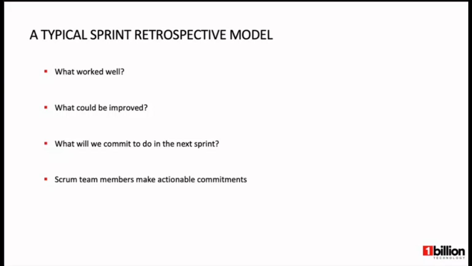Now, think about this: when you're working on a sprint, in that 2 weeks of time, you understood something, you have learned something, and you did something well. So this is what you do in the sprint retrospective. Normally, you talk about what worked well, you talk about what could be improved in the next sprint, and what you will be coming to do in the next sprint. So that is basically your Scrum framework.